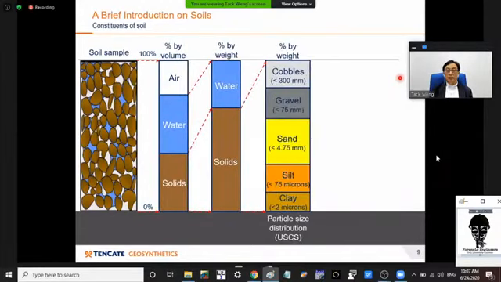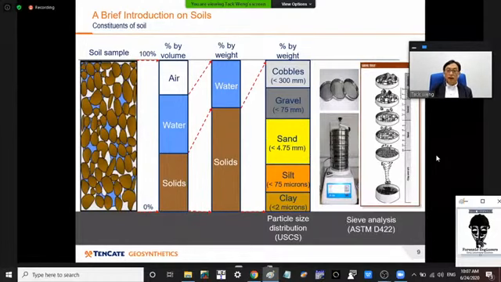And as you can see, the column here shows that in relation to different particle sizes, they are called by different names, and they actually have different behavior as well. And these are tested using sieve analysis, which basically uses the standard sieves to separate out the particles into different trays, and then you weigh them, and with that you can actually proportion them by weight or volume as well.